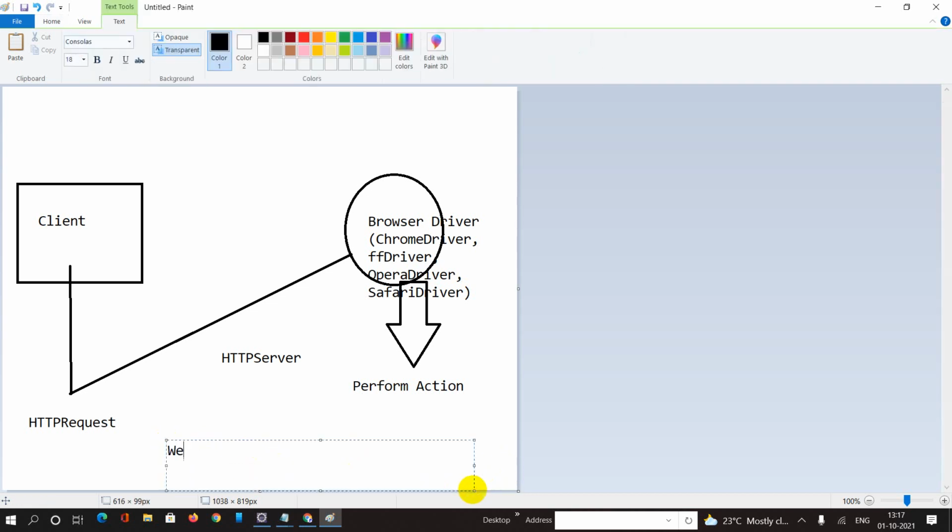If I want to open the Chrome driver, I need to say WebDriver driver equal to new ChromeDriver. That will create an instance of the Chrome driver. In the next lecture, we will see how to write the code in Selenium that helps you open a browser.